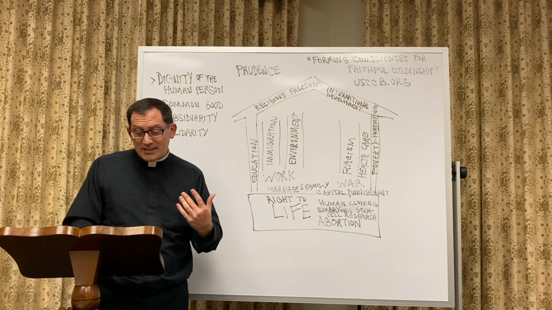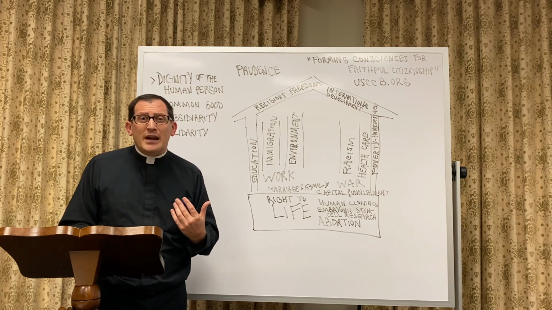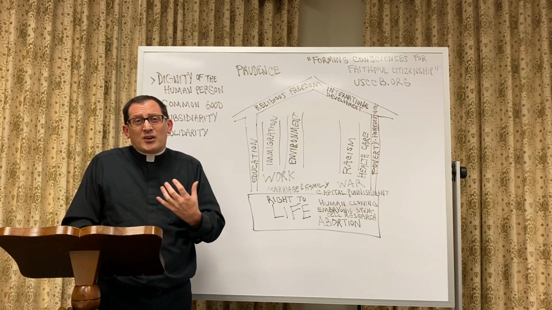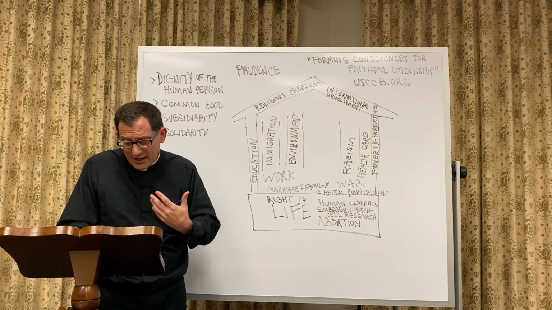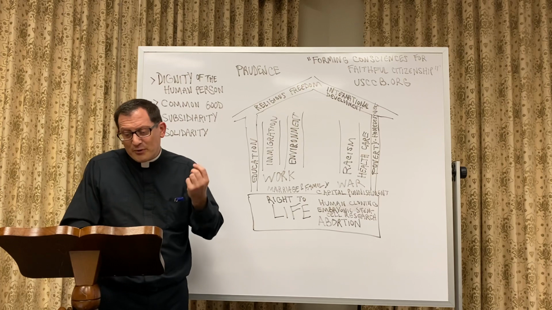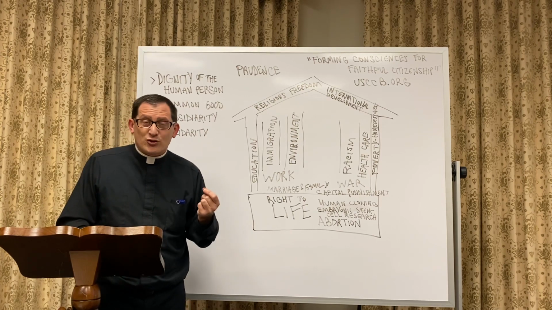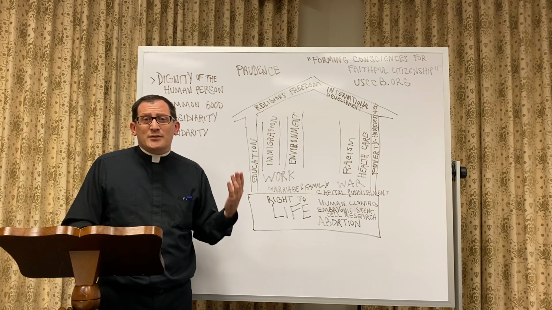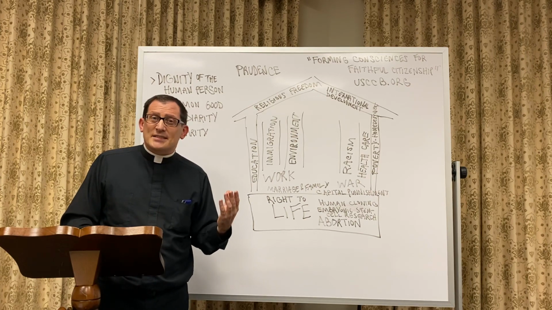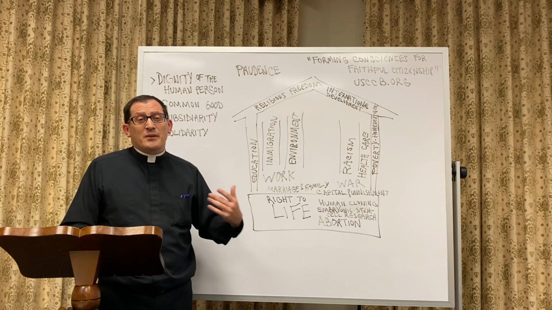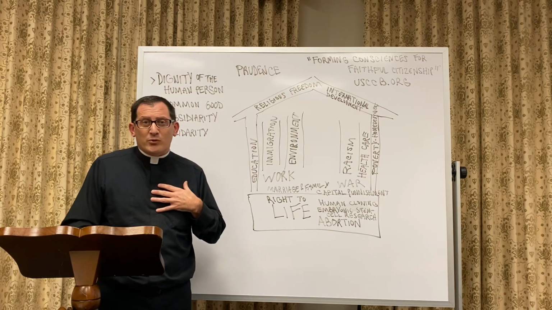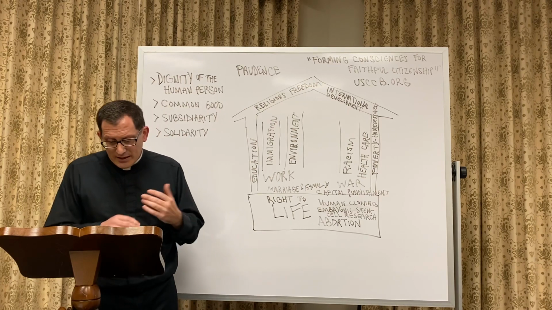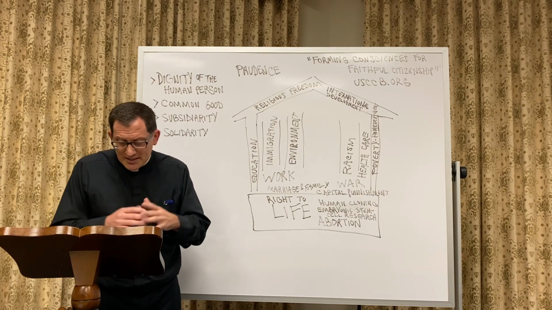Because abortion takes place within the sanctuary of the family, which is supposed to be the most intimate community there is in our lives. And also because of the number of lives destroyed, right? Estimated about 60 million lives lost through abortion since 1973. And to say nothing of the lives of those who've been wounded by abortion. But those who've lost their lives, 60 million. Okay, since Roe versus Wade in